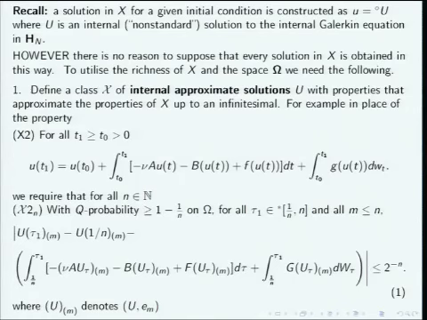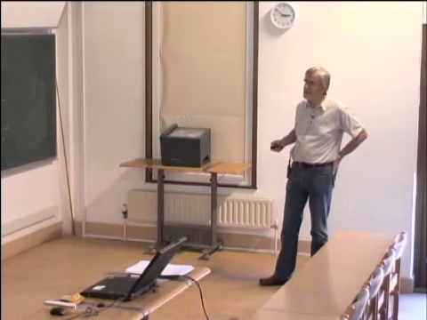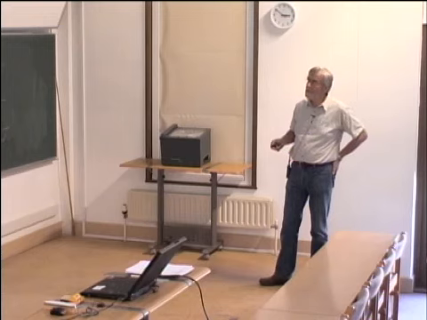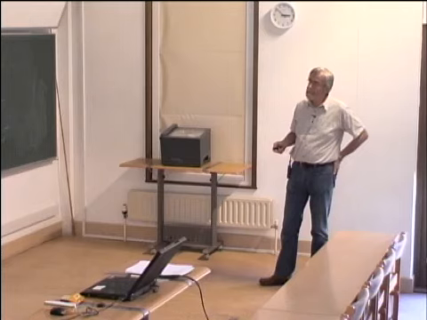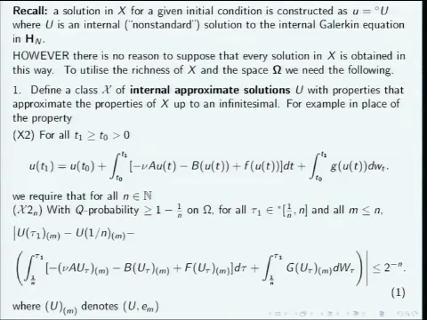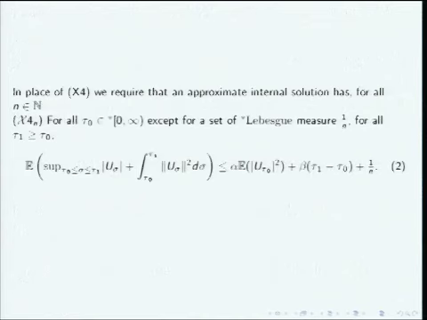This is where the fact that it's a weak solution means that this is essentially going to be enough. We don't require equality of the equation. We require that the difference between the left and the right is smaller than 2 to the minus n for any n. So we require that for all n, this sort of approximate condition holds. It's a bit tricky to get this right, and this was part of the hard work to know exactly how to define these internal approximate solutions.